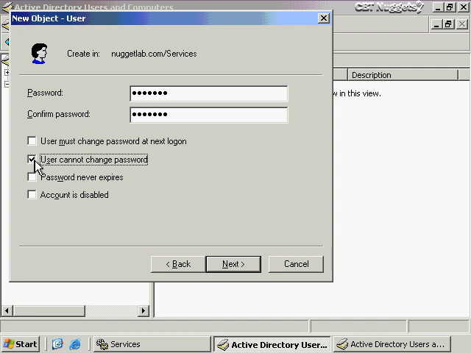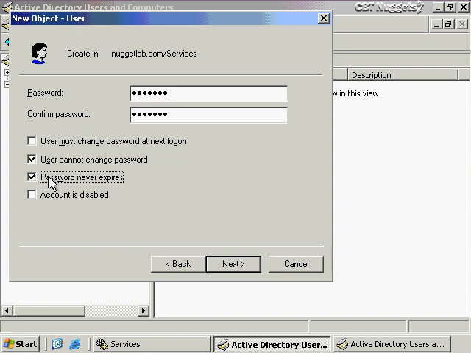You must also make sure that you say password never expires. Why? Because most domains have a password expiration policy, maybe of like 42 days by default. Well, you don't want this service to stop running after 42 days, so you've got to make sure that password never expires. Otherwise, after a few weeks of running, this service suddenly stops running for some reason.